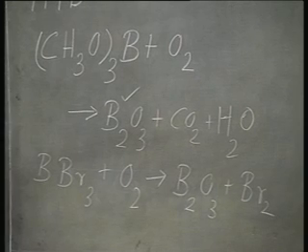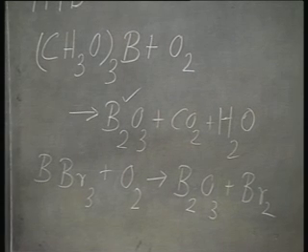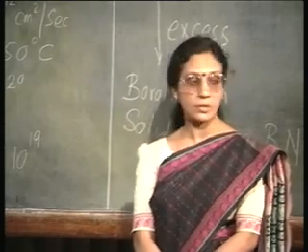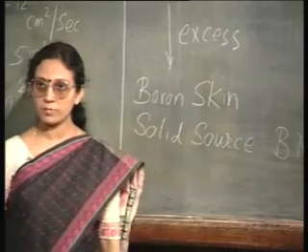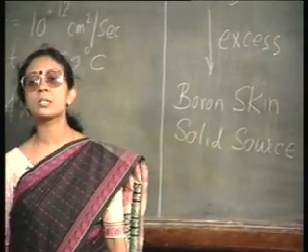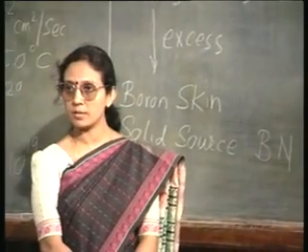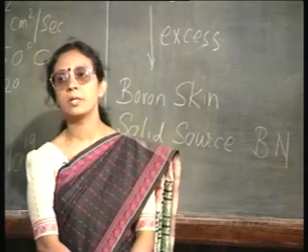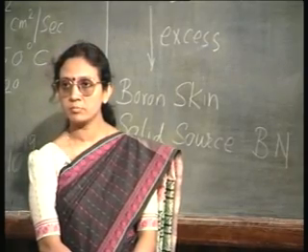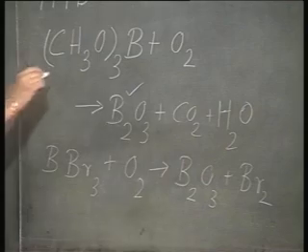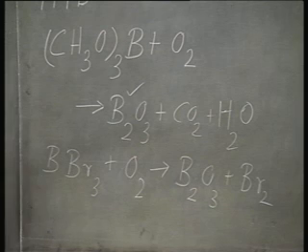Everywhere, the eventual reaction is going to be between silicon and B2O3. It is only how we generate this B2O3 that is the problem. We cannot directly use B2O3 because then this boron skin formation will be there. Therefore, we would like to use some other source from which a controlled amount of B2O3 will be generated, and then that B2O3 will be made to react with silicon. So, you can use either a solid source of boron nitride, or a liquid source of trimethyl borate or of boron